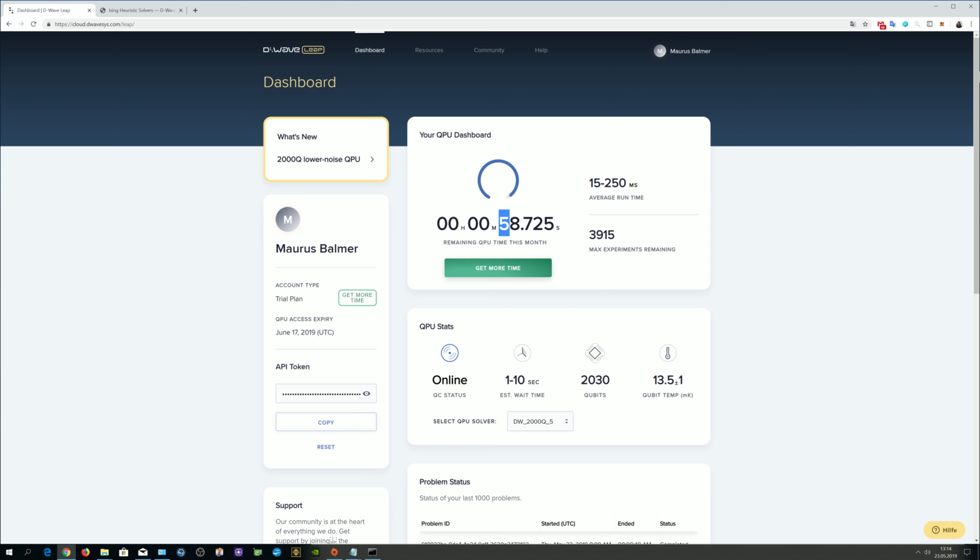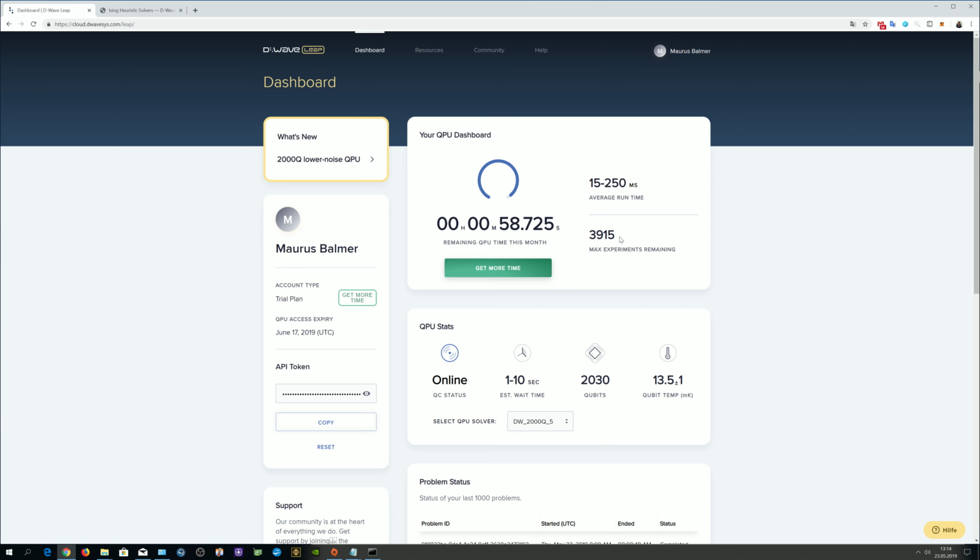Now I still have 58 seconds and 725 milliseconds left, and 3,915 experiments out of 4,000. So that means I run already some experiments. Actually, to be clear, I run already